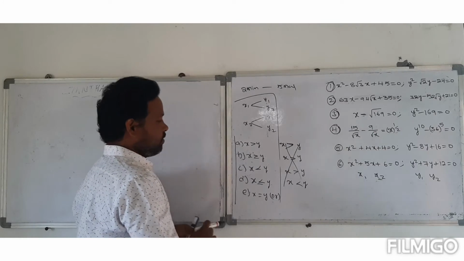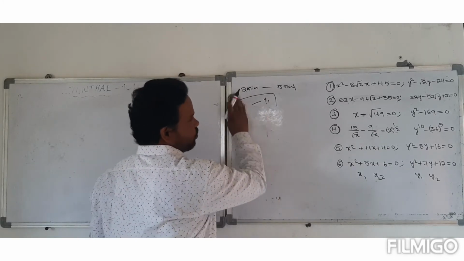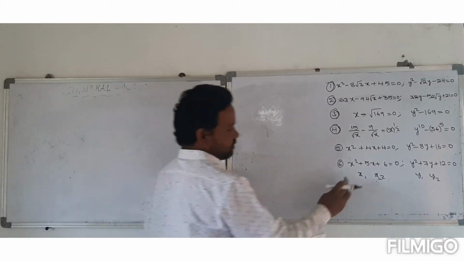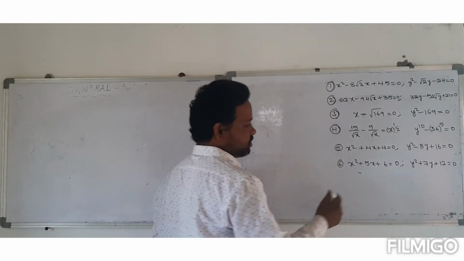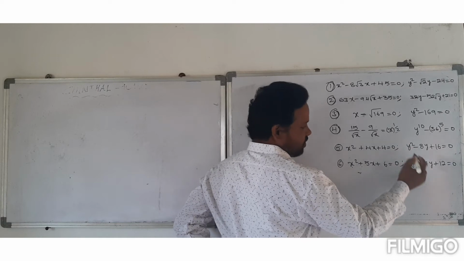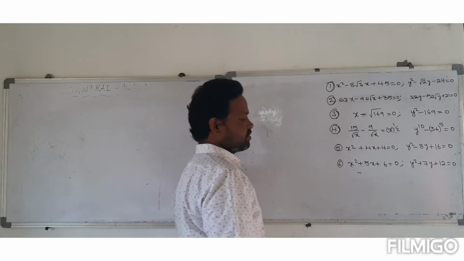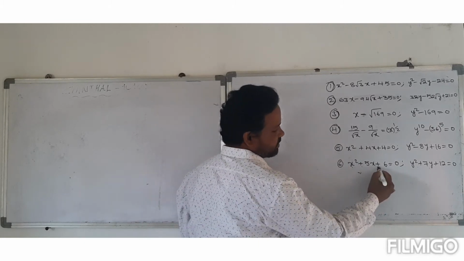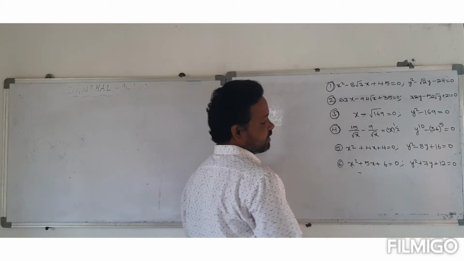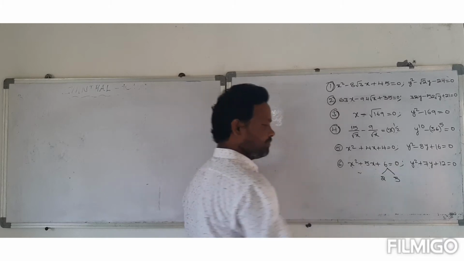Okay guys. Let's find the roots of the two given equations. Just come here. Which is given here? x square plus 5x plus 6 is equal to 0. y square plus 7y plus 12 is equal to 0. Just observe this. Which sign is here? Plus sign is here. That's why simply we may write here 6 is nothing but 2 into 3.